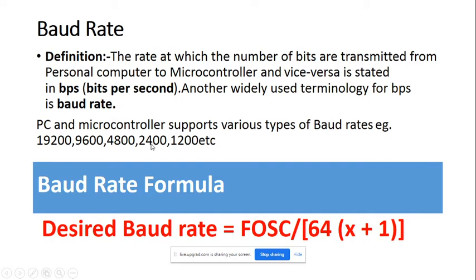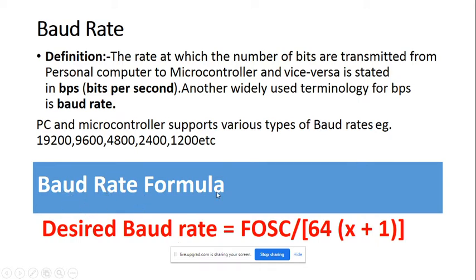Once the baud rate is set, the data is transferred with this respective baud rate. Whatever baud rate we want, we must set a specific number into the baud rate generator register, and for that we take help of the baud rate formula.